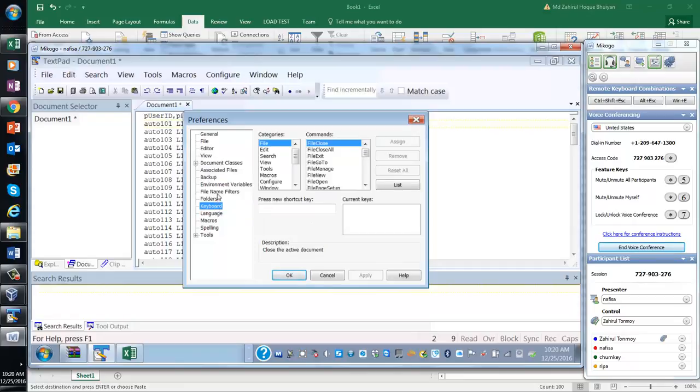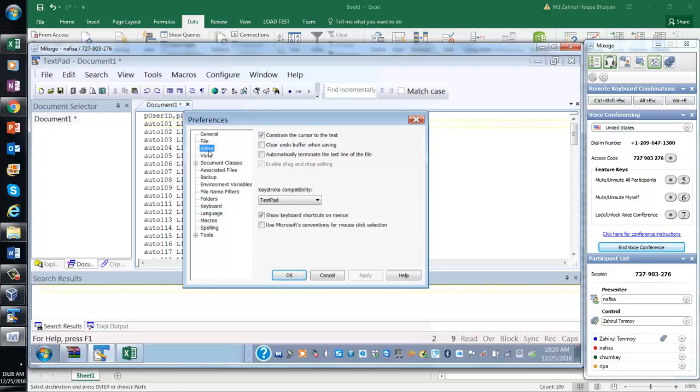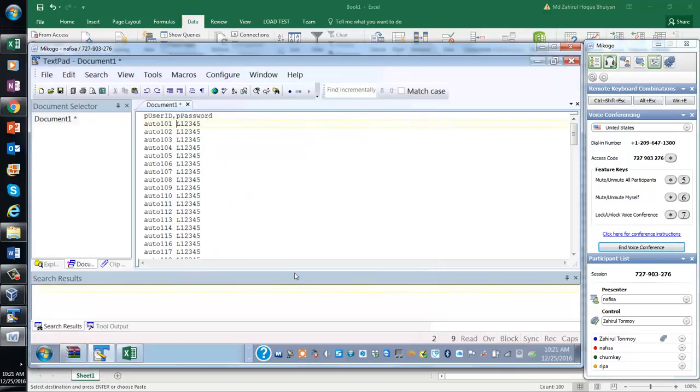Let's say Editor. In Editor, you will have to select keystroke compatibility. You will have to select Microsoft application. Microsoft application, apply and OK. And then here you will have to select Control H.